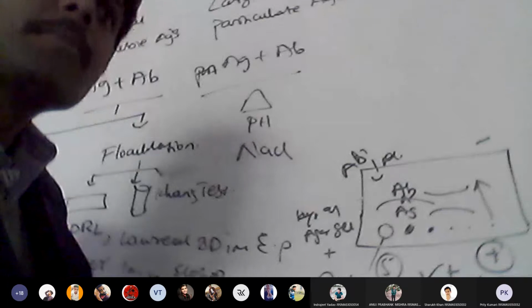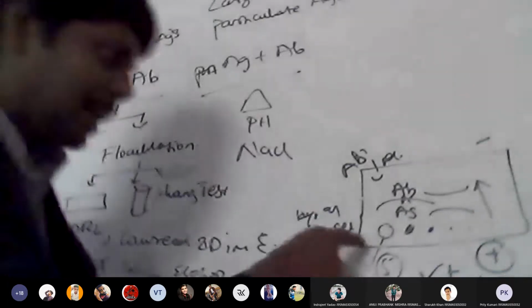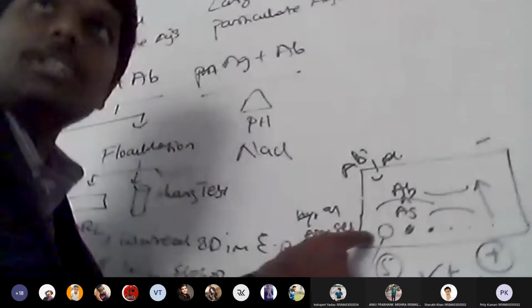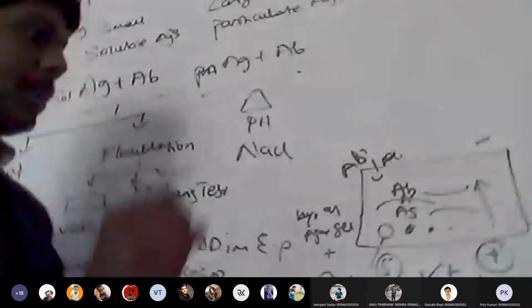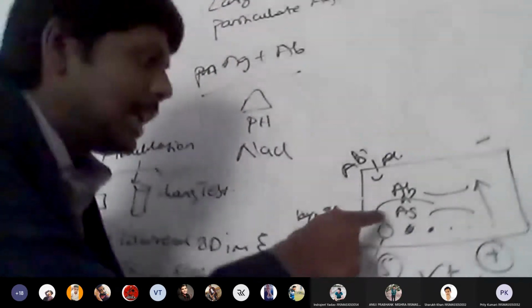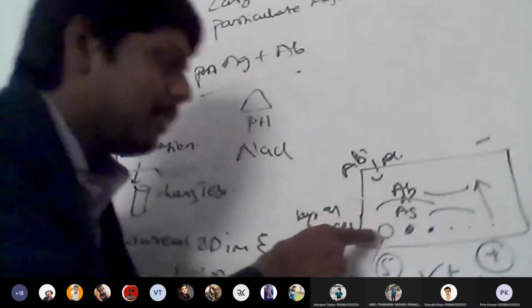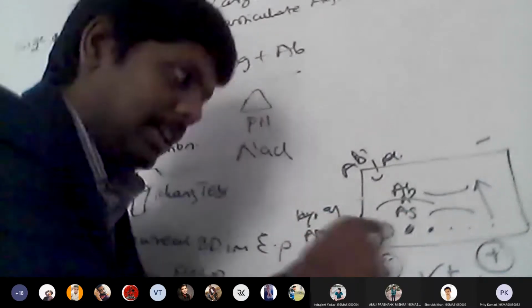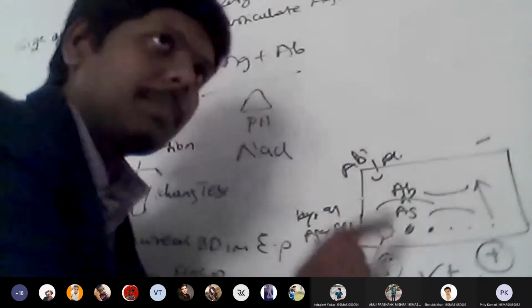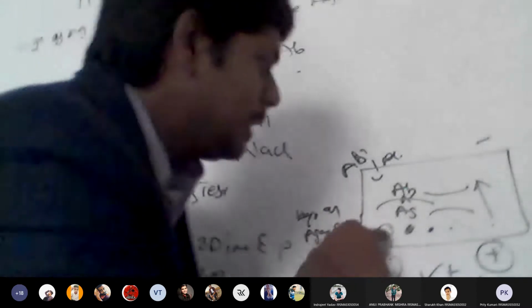Your is 2D electrophoresis. I need to repeat this one. It is two-dimensional electrophoresis, very simple. Here the concept is, I will take the slide, I will apply the gel, then I will keep the patient sample. I will drill a hole and I will keep the patient sample. Then I will separate these antigens.